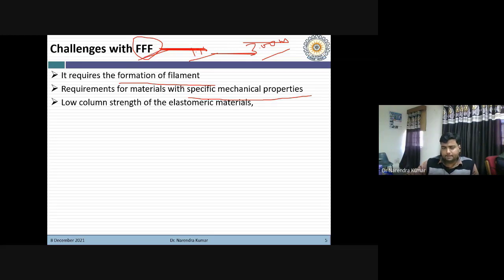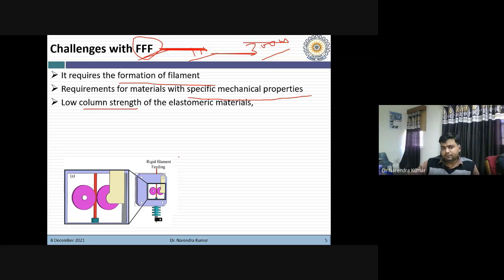Then what will happen? You have already gone through strength of materials, where we studied column strength. If you compare rigid polymer and elastomeric polymer, you will always find that elastomeric materials have low column strength.